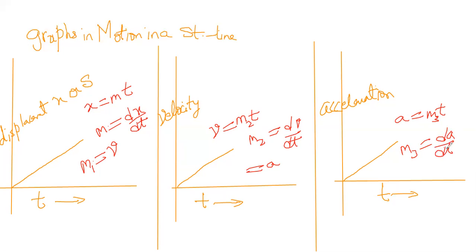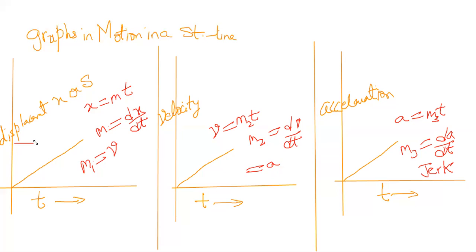There is no name for dA by dt as of now in your books. There is no name, but rate of change of acceleration. We call it rate of change of acceleration. But in higher level of physics, there is a name that is called jerk. Jerk. Okay. Now, this is how the graphs could be, or the graph could be a straight line parallel